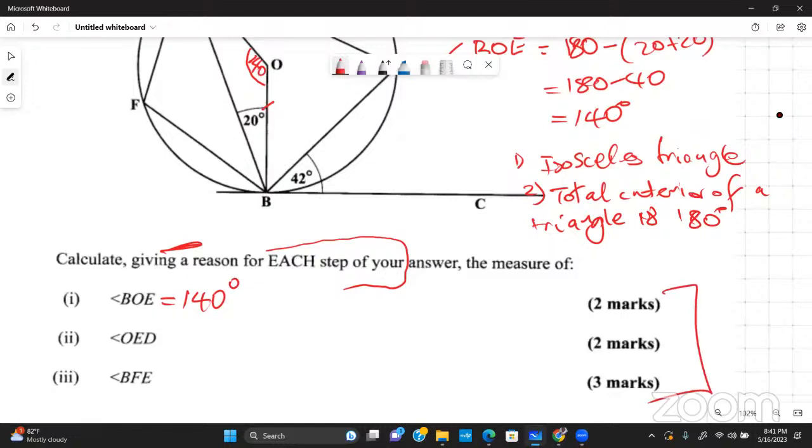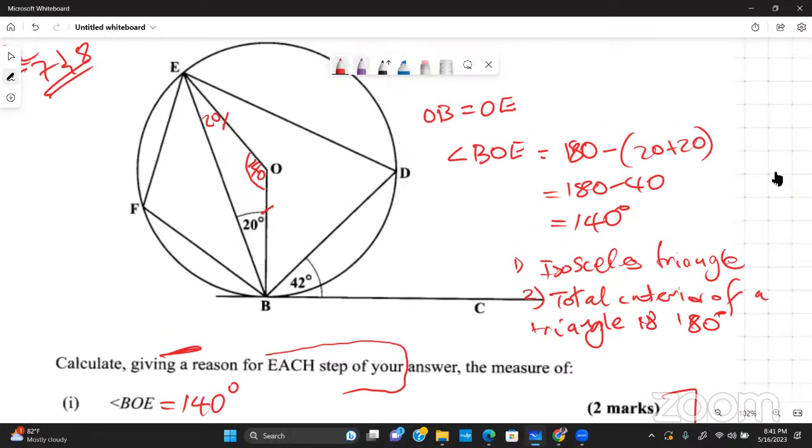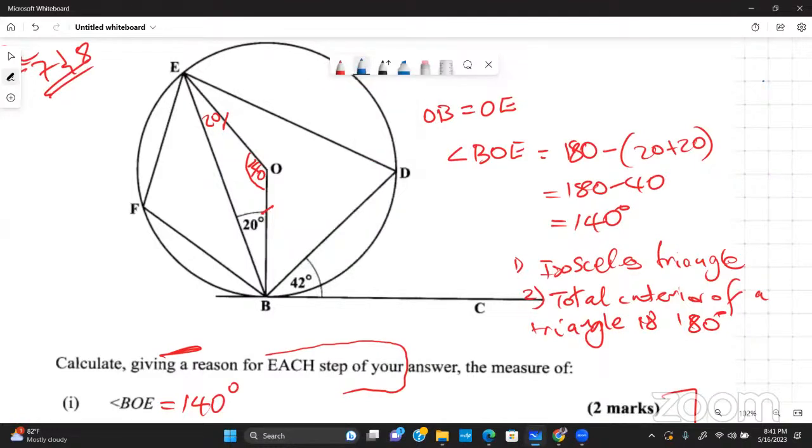So what do we say? OED. Let's mark OED right away. Where's O? OED. This. We want this little piece. Now I'm seeing something already, right? I am seeing here that the tangent is now being utilized because remember that an angle between a chord and a tangent, right there, which is the 42,